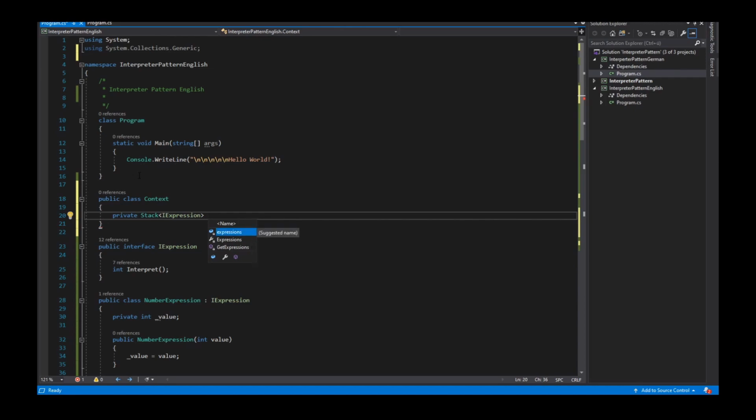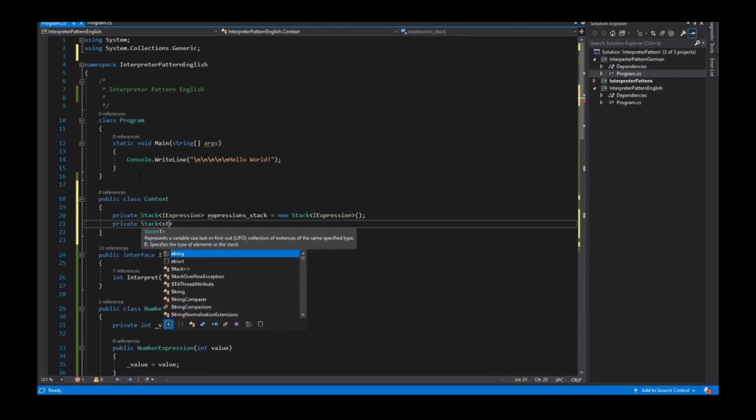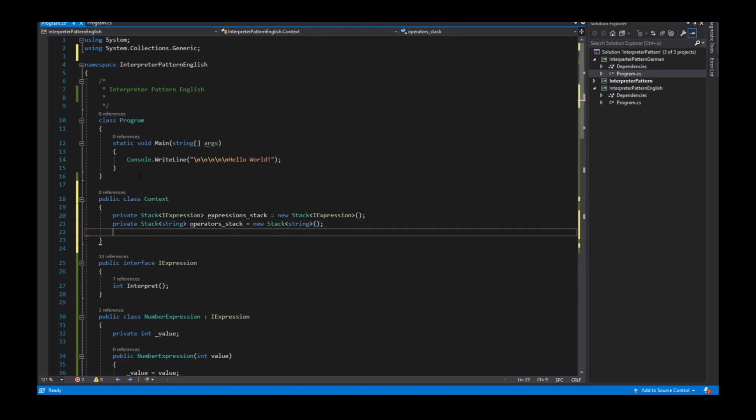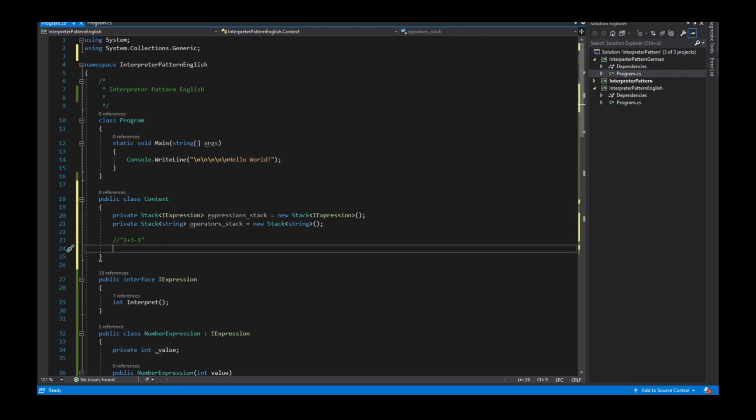That's the expression underline stack. And then I need a private stack from type string, and that's the operators underline stack. So, and as a client, I want, for example, to translate this string here into an integer value. So I offer the client a method public int. This method returns me an integer value, and I call this method